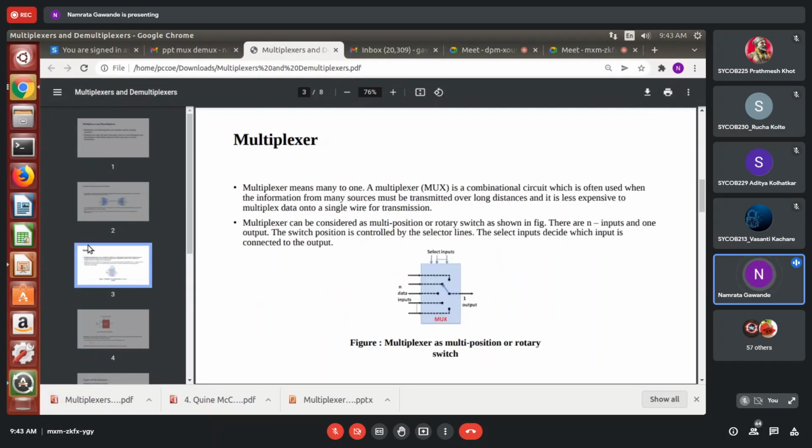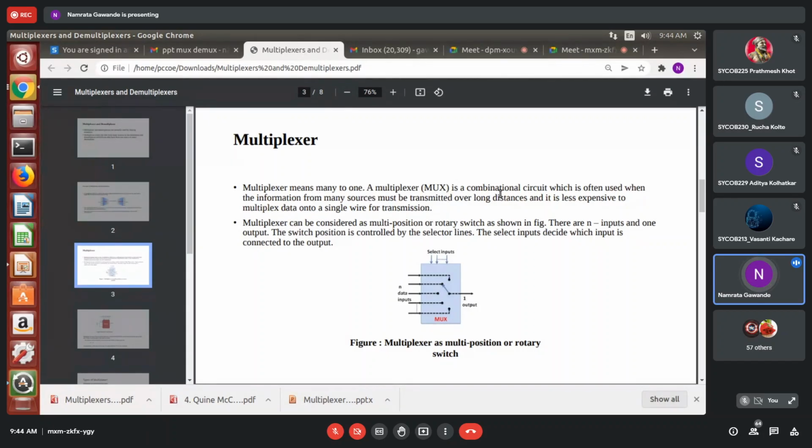Now let's see mux in detail, because we'll be having a mux implementation part. You should know in detail how the multiplexer concept can be used for reduction of the circuit. Basically it is used in digital electronics to reduce the number of wires. That is the main advantage of mux in digital electronics. Multiplexer means many to one. The name itself indicates it: multi means many. So, many to one.